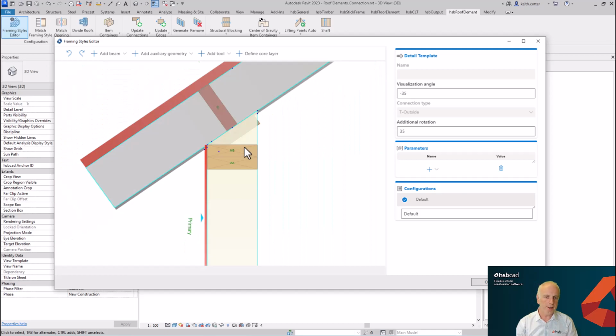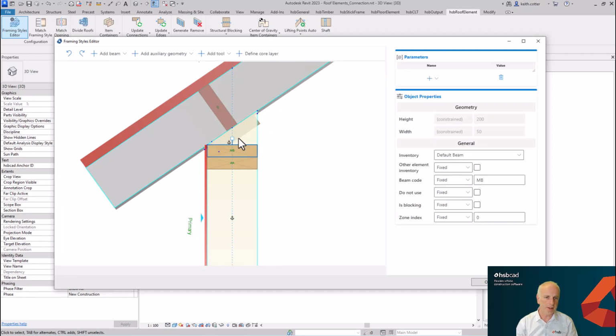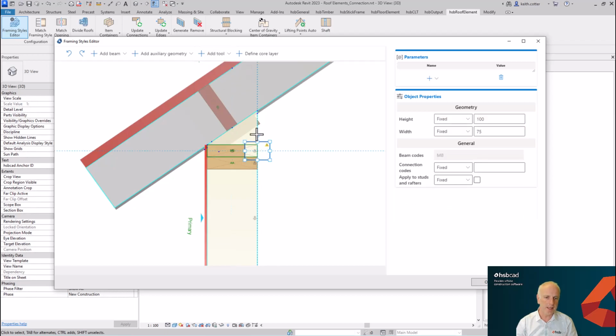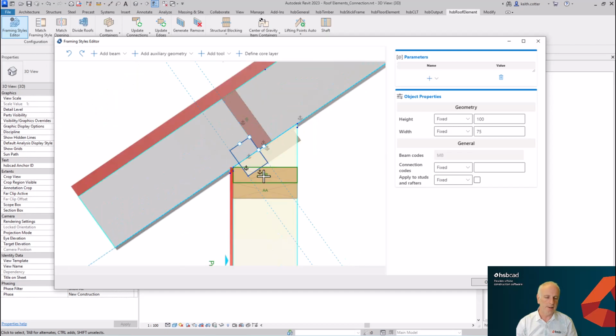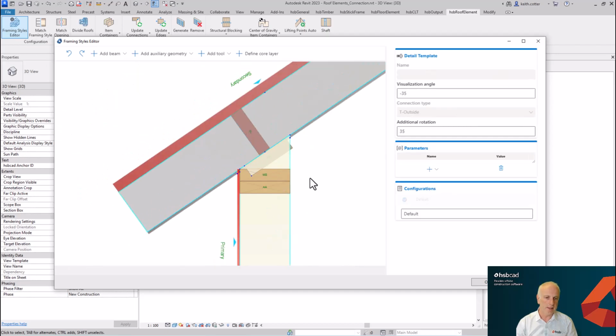So we want to add the milling to this particular beam, so I highlight it and I go add milling now. This will now add the milling, and I'm going to rotate that particular milling tool and move it in until it snaps to the axis. Right now you can see I have that exclamation mark, so I'm going to lock it into that and lock it into this, and it now creates that milling cutout that we have here in